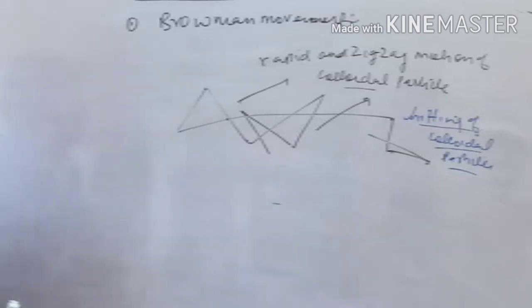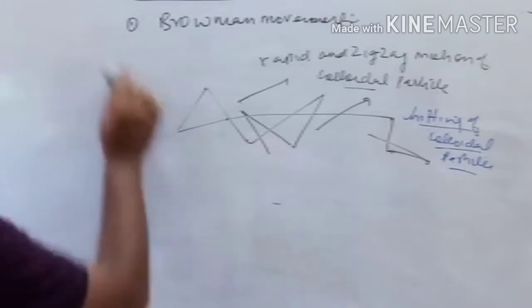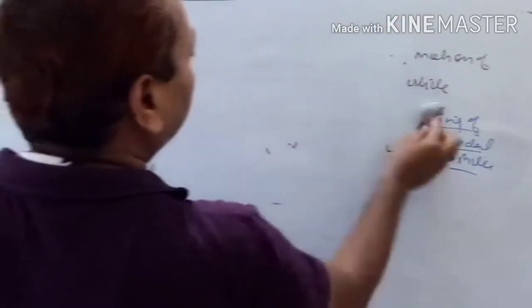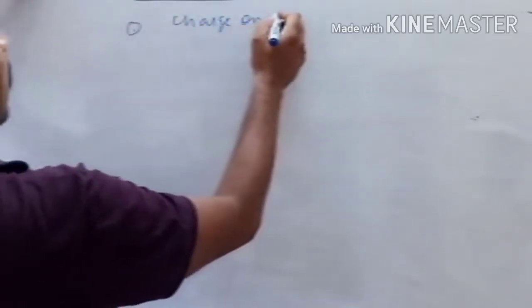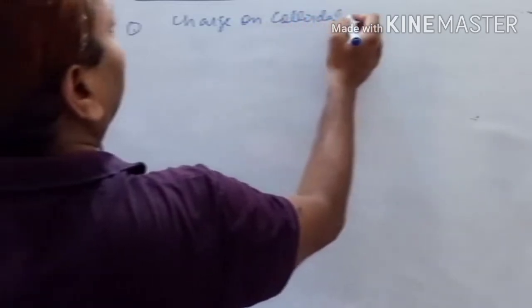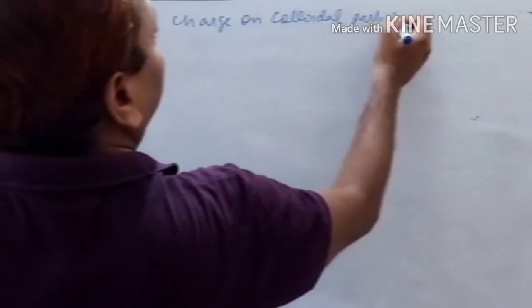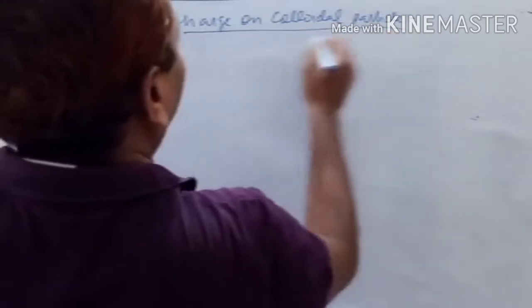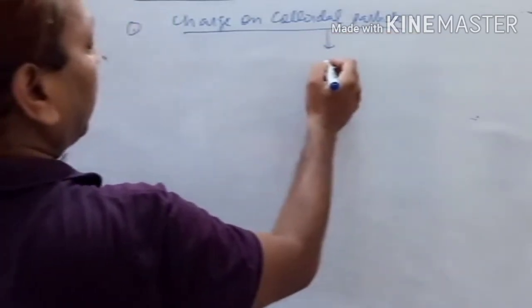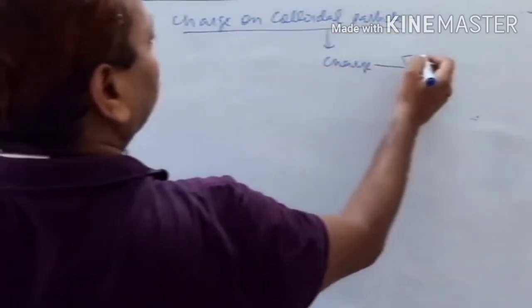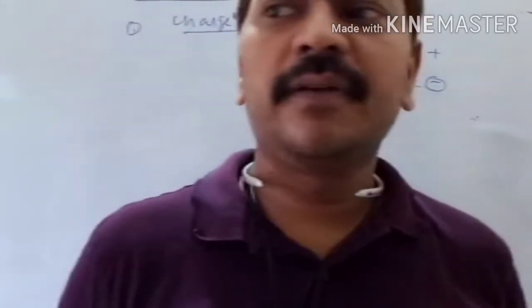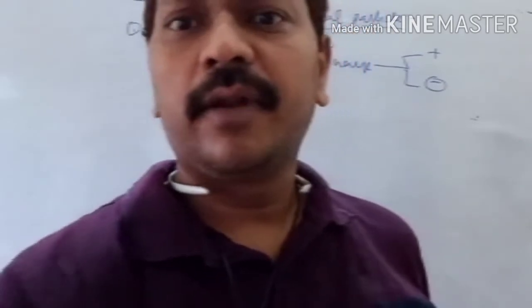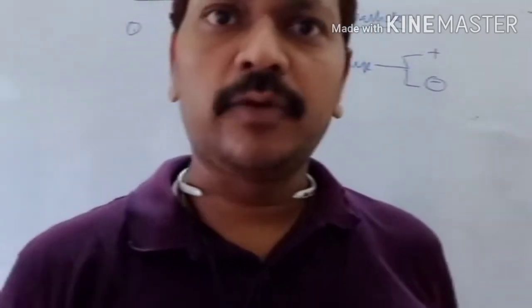Next, after the Tyndall effect, the next property is that a colloidal solution bears a charge. So children, charge on colloidal particles. As we all know, colloidal particles contain charge. Colloidal solution contains charge, and this charge may be positive or negative. So the colloidal solution bears two types of charge, right?